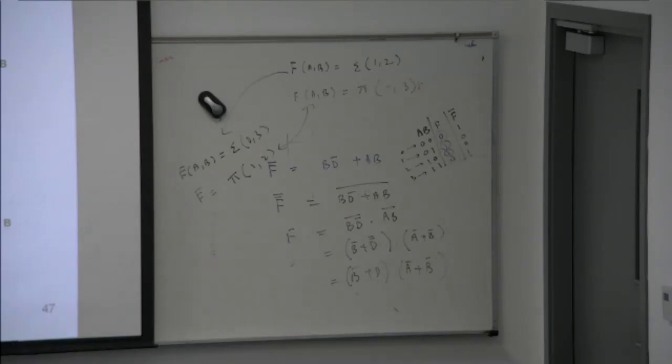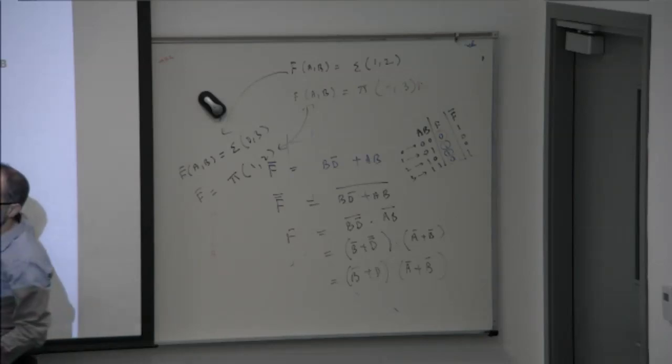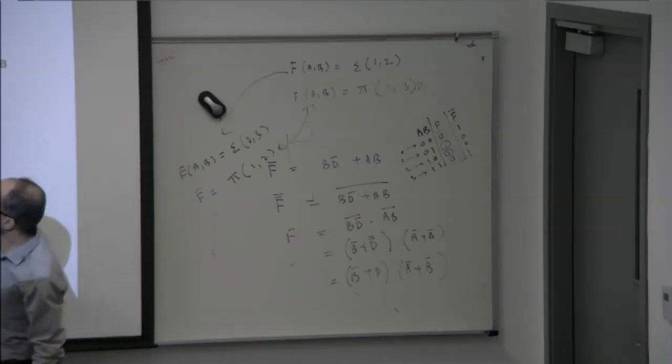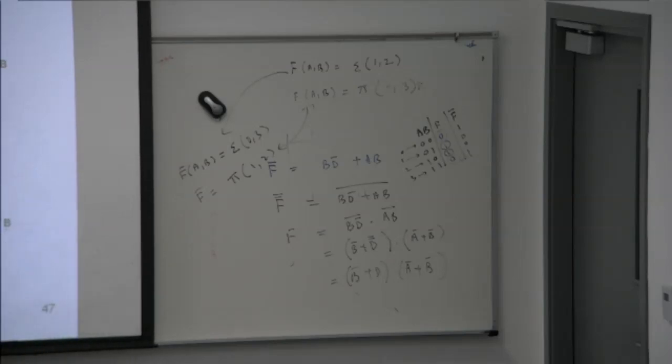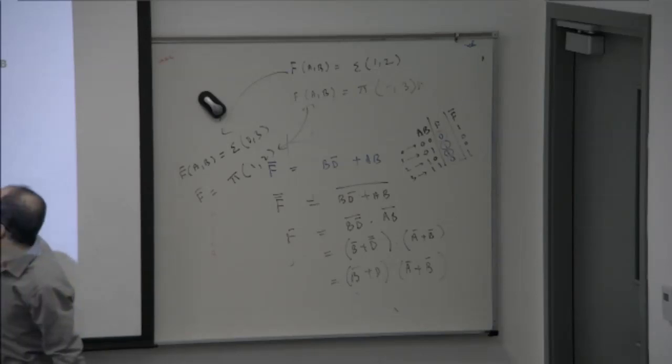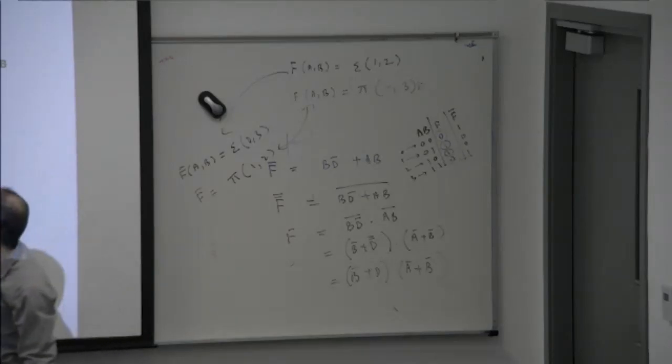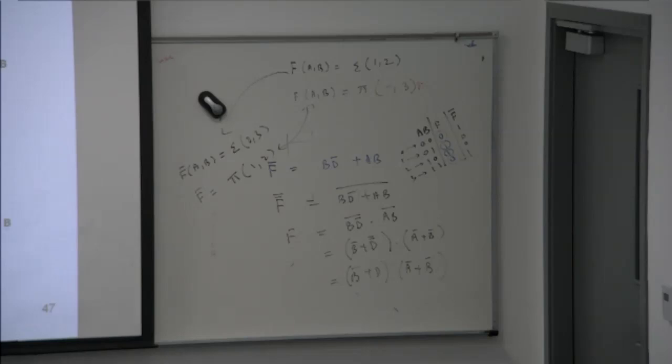In this case, all of these ones are separate ones. They cannot be grouped with anything. This is a separate one, this is a separate one, this is a separate one. Can you see here? A bar, B bar, C bar, D bar, A bar, B, and so on. How many terms do we have? 5. Term 1, term 2, term 3, term 4, and term 5, because there are 5 ones,